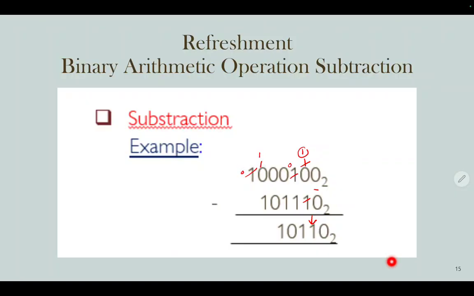You got 1, 1 over here. So you need to borrow from here. You got 1, 1 over here. Need to borrow from here. You got 1, 1 over here. And then you need to borrow from here. You got 1, 1 over here. Okay. 1 minus 1, you got 0. But 1 here is left, so you got 1 over here. 1 minus 1, you got 0. So 1 minus 0, you got 1. 1 minus 1, you got 0 over here, and then another 0.